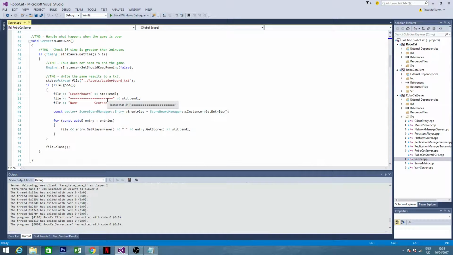So basically, after the allotted time for the game, we'd get all the scoreboard entries and then just write them to file to just give results, give an idea, add a bit more persistency to the game. Now at the moment this method has been called,